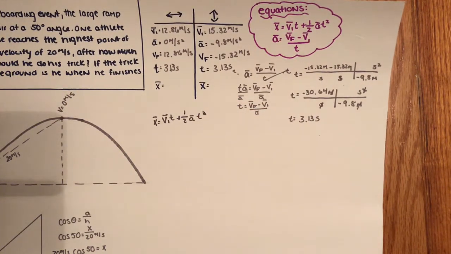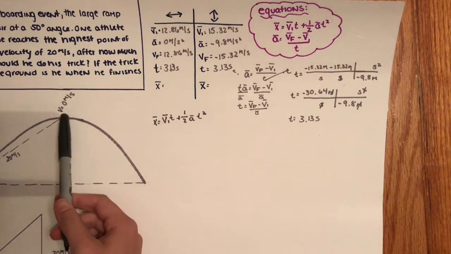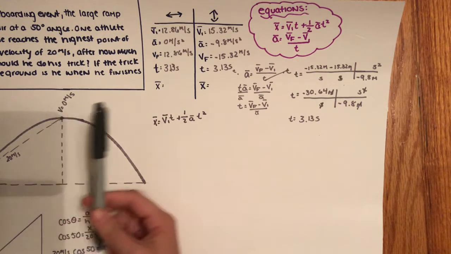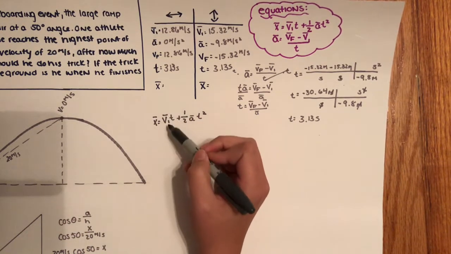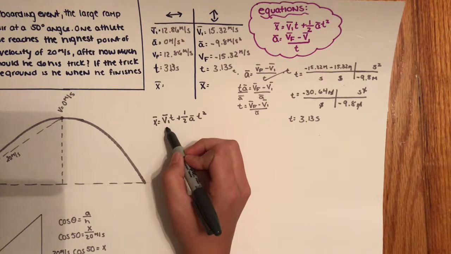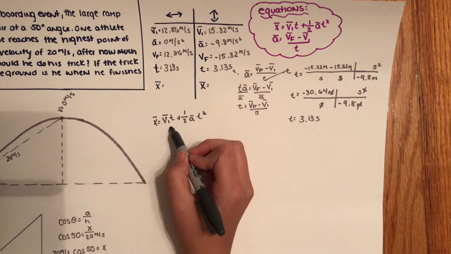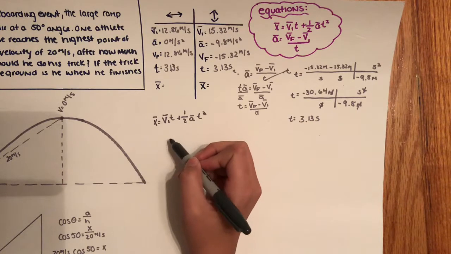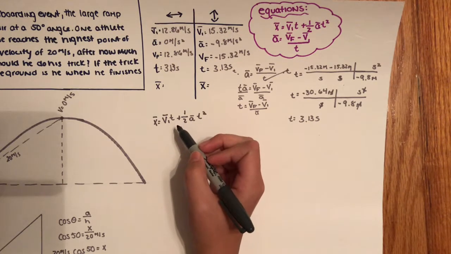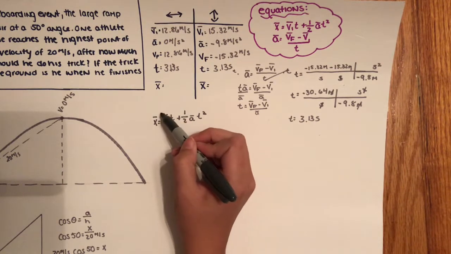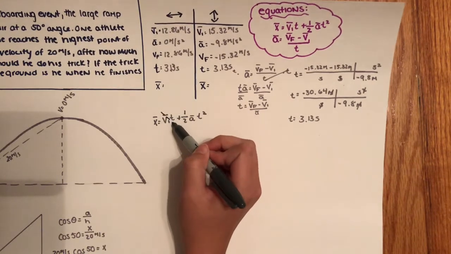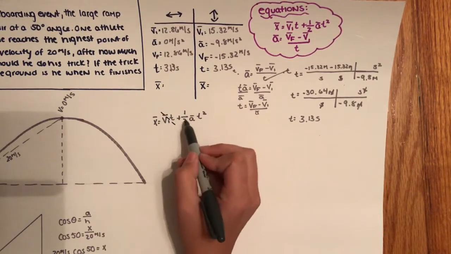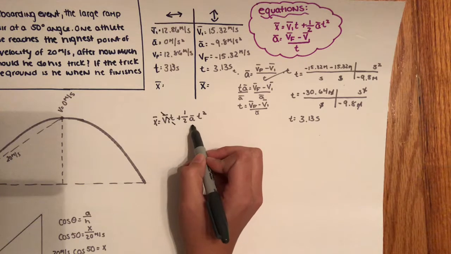Now the nice thing about having this 0 vertical initial velocity is that this whole first part of the equation will be 0 times the time, and anything, as we know, times 0 is equal to 0. So we can just cross this part of the equation out and only worry about the half times the acceleration